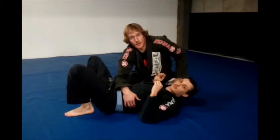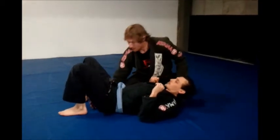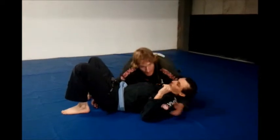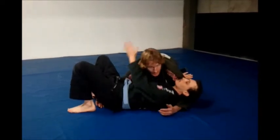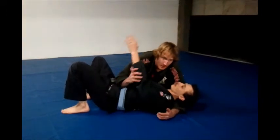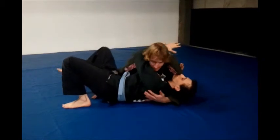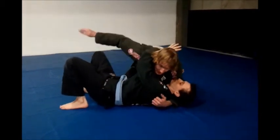We're going to go over 3 submissions, front side mount, attacking this arm. I'm starting with my underhook on the butt, underhook on the head. So I'm checking his hip and I'm checking his arm at the same time. The last thing this guy wants to do, but he never realizes it, is putting his arm around my head. When he does that, what I want to do first is take my outside arm,